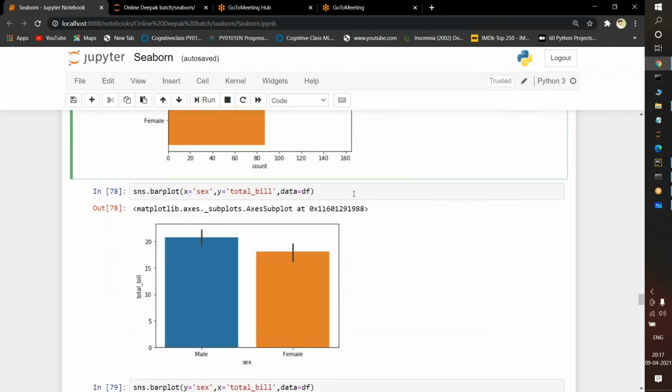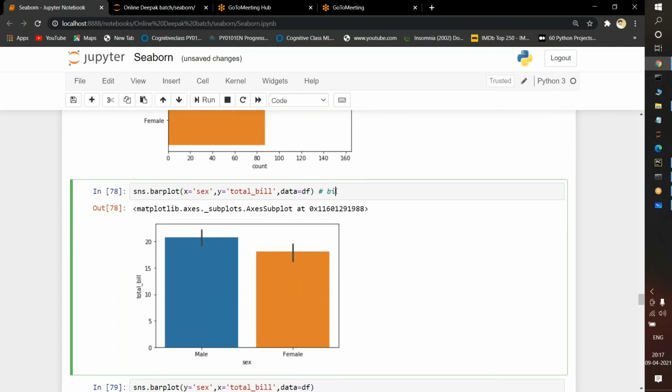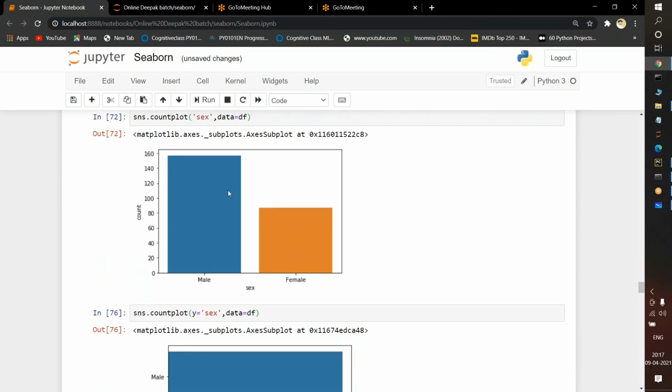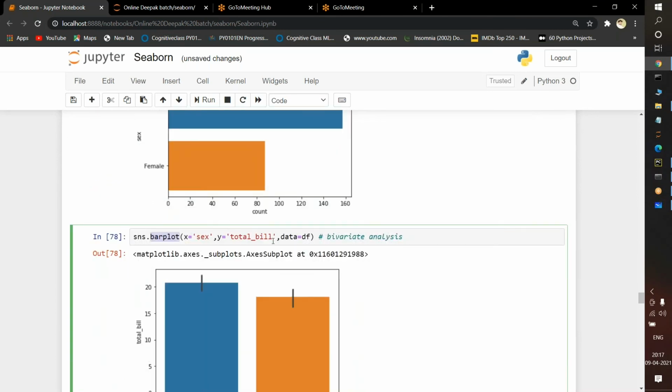Okay, so another technique is the bar plot. The purpose of using the bar plot is that in Seaborn we can find the bar plot for bivariate analysis. Bivariate analysis is nothing but we will have an x column and a y column. What I am doing here in the bar plot is finding out the dependent variables, and I want to check whether the data is balanced or not with respect to two columns here.